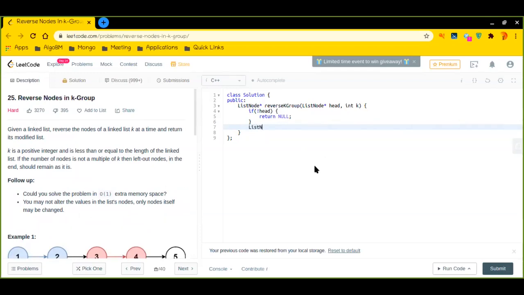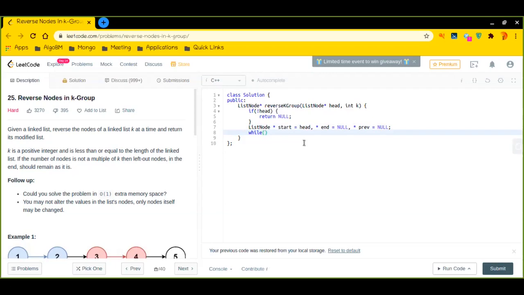For that, what I'll do is create some pointers which will be pointing to the nodes that we want. Let's say we have a pointer start, which is initially pointing to the head. We have an end pointer, which is initially pointing to null, and we have another pointer, previous, which is also pointing to null. Let's say we are trying to reverse the entire linked list. So how do I do that?